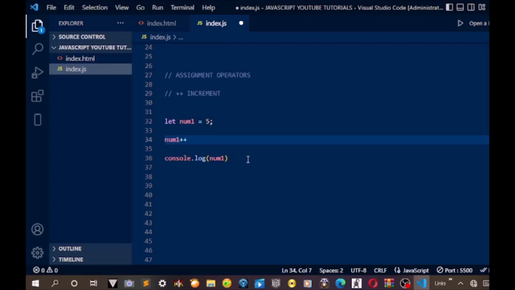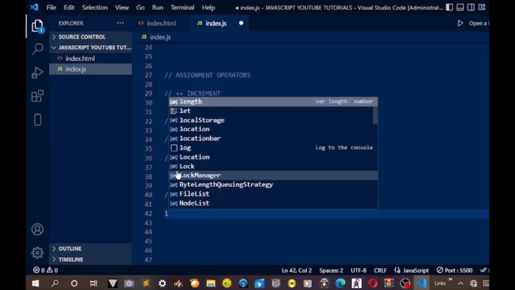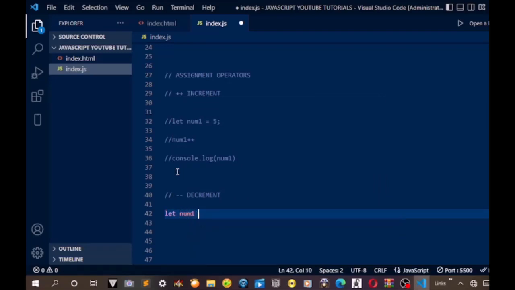So let's go to decrements. Minus minus is decrement. So let num1 is equal to